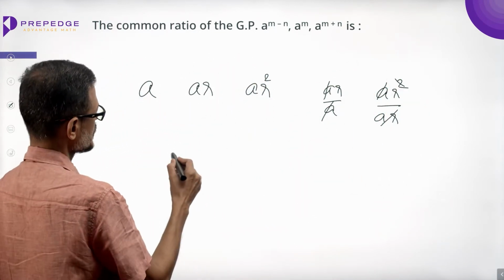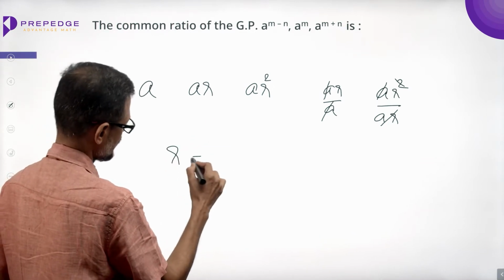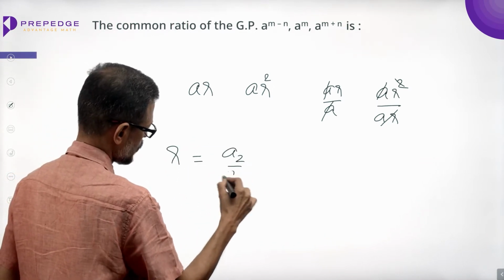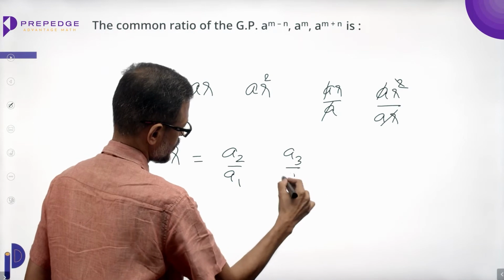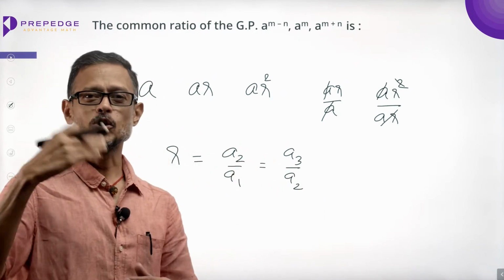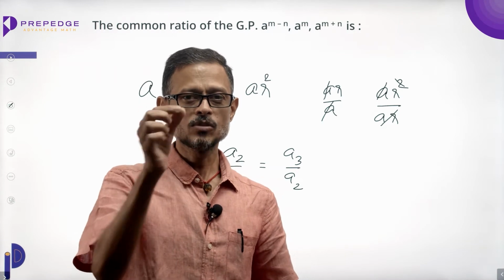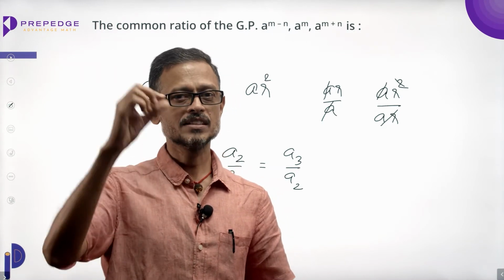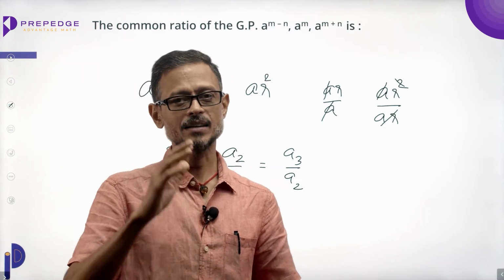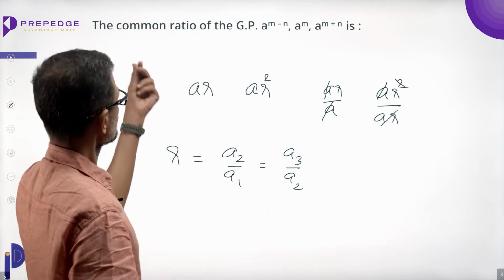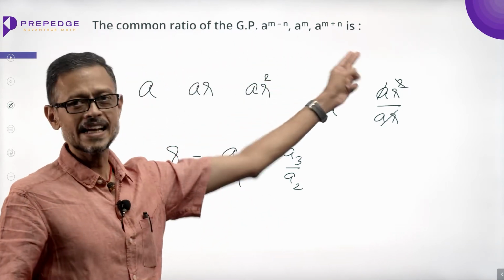So common ratio வந்து ஒரு geometric progression எப்படிலாம் கண்டுபிடிக்கலாம்? We can find it out as A2 by A1 or as A3 by A2. Essentially the ratio between any two consecutive terms is the same. ரெண்டாவது டேர்முக்கும் முதல் டேர்முக்கு இருக்கிற ratio will be the same as the ratio between the third term and the second term and so on. So what we'll do is we'll use the rule of indices to rewrite these three terms,